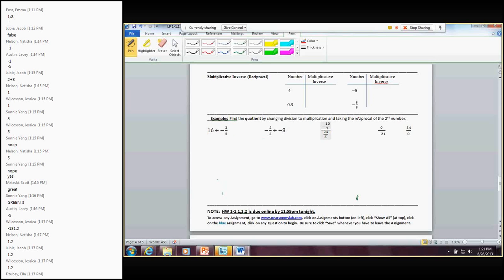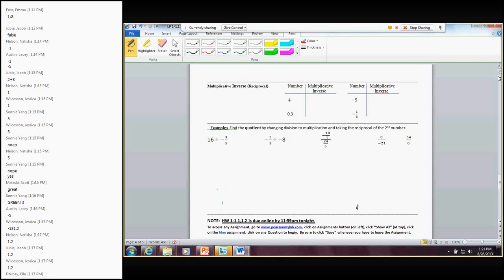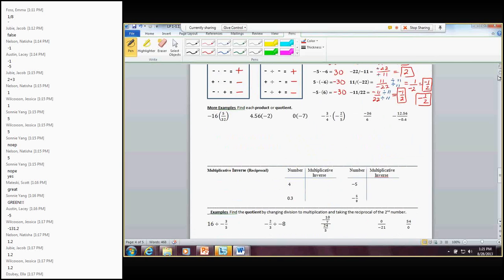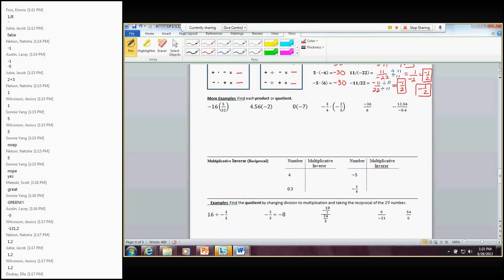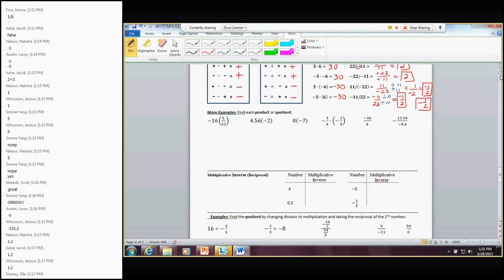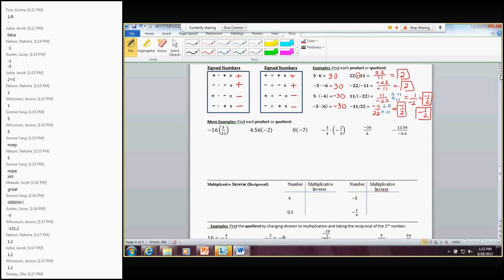No, I'm talking about like that 0 over negative 21. Like, would that just be... Oh, that's different too. 0 is different. It's just like, you know how you have that 1 over negative 2? Yes. And that just equals negative 1/2? Correct. Wouldn't it be, you would have to switch that and it would just be 2? No. Nope. Because if you think about this,